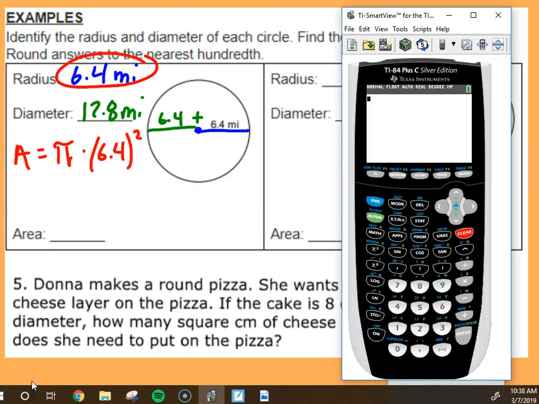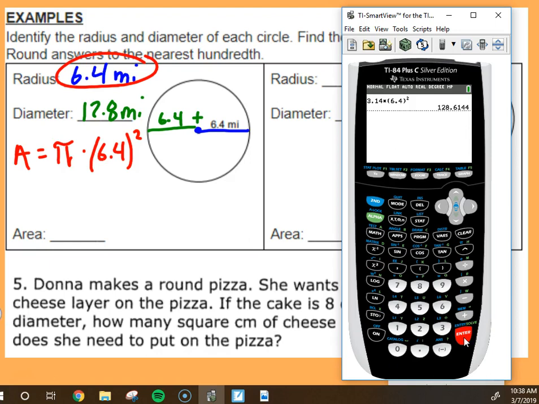So we want to type in pi, which, as we've said, we're going to use 3.14, our approximation for pi, times 6.4 squared. Now we can use the parentheses if we'd like. Parentheses 6.4. Close the parentheses, and then to square it, there's this button right here that's called x squared, and it takes anything to the power of 2. So if you notice what I have in my calculator matches what we wrote down. We press enter, and we get